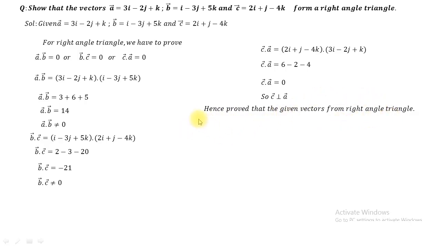Dear students, in this lecture we have discussed the scalar product of two vectors, and you already know what a vector is and what a scalar quantity is. A vector quantity is that quantity which has magnitude as well as direction and unit. In the scalar quantity there is only magnitude and unit. For example, weight, force, velocity and acceleration are vector quantities because these quantities have direction, magnitude and unit.